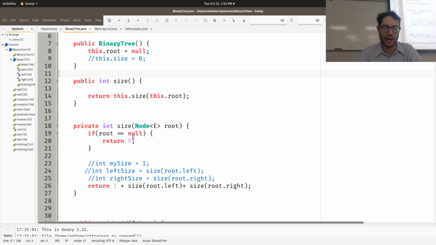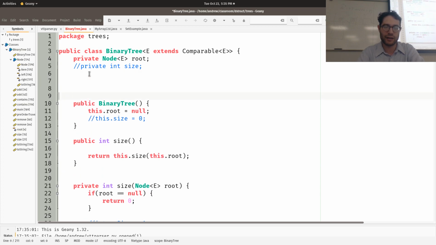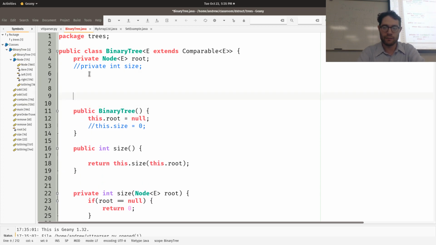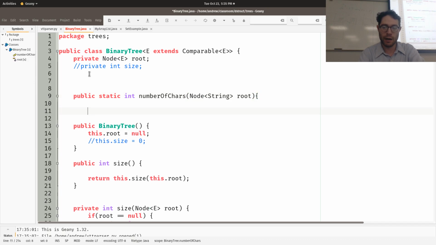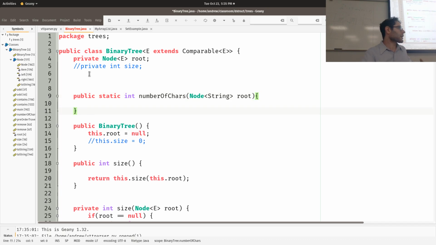I give you a tree class and I ask you to implement a method that looks like this: public static int numberOfChars(Node string root). My problem is thus: given a tree made up of strings, a binary search tree of strings,